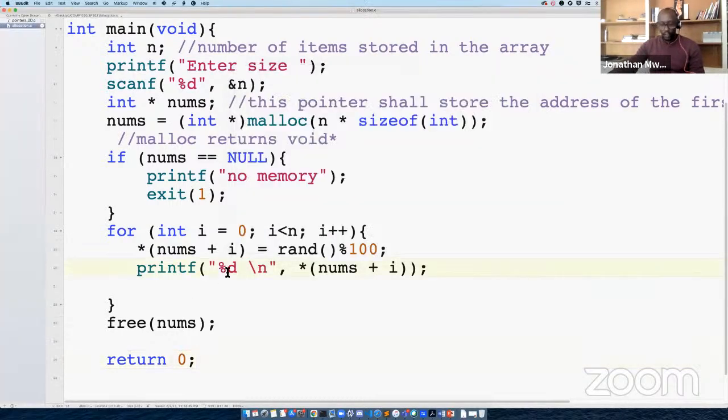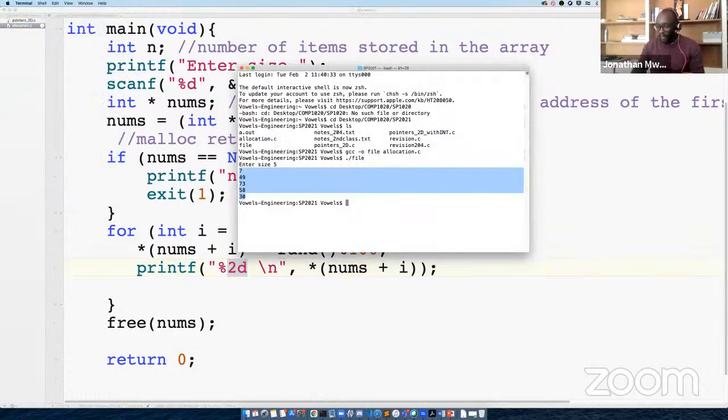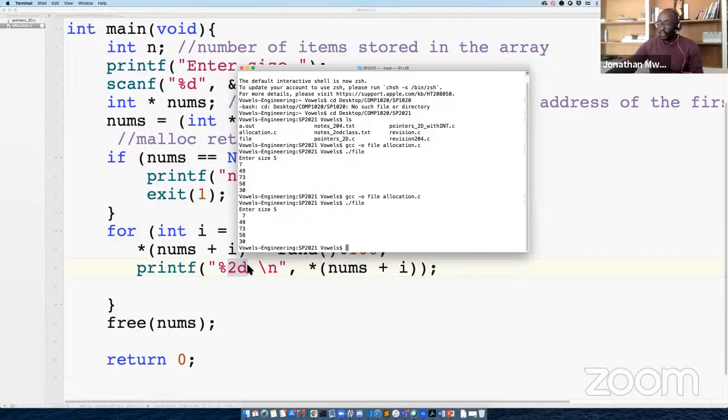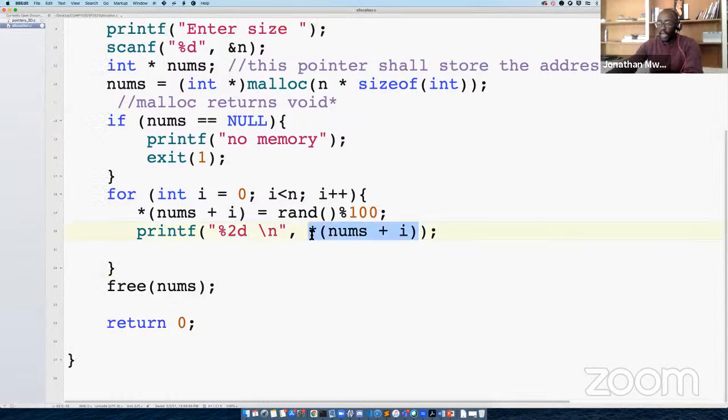I can use %2d here so that we have the width to contain 2 items, so that they are all in a line. It's always good to have something looking nice. Now if I run it properly, enter items 5, you see all of them are in a nice line, 2 items. So this is how we'll print out items.